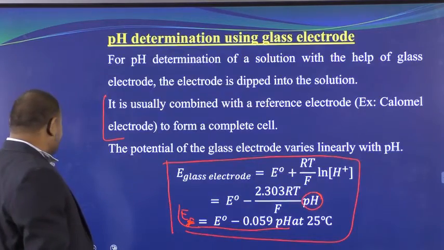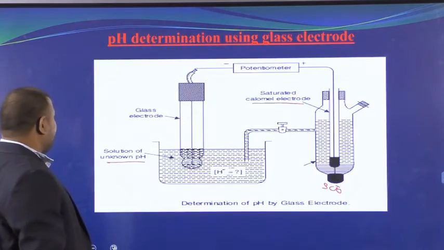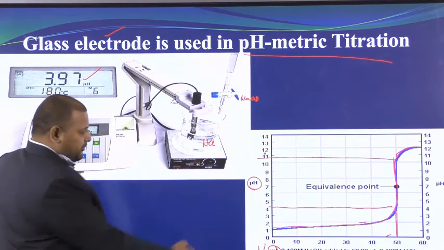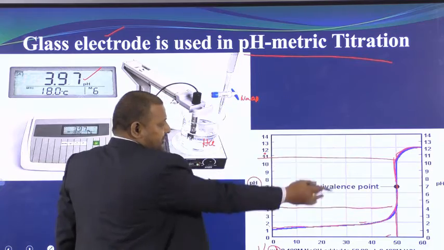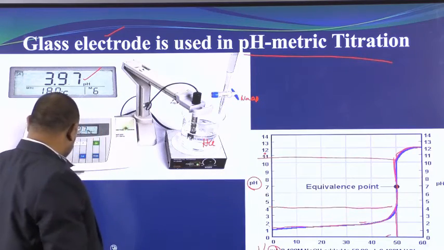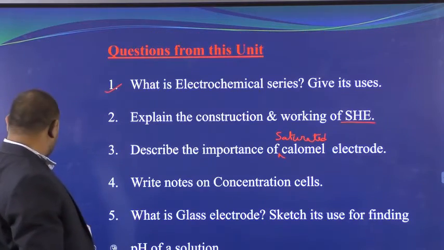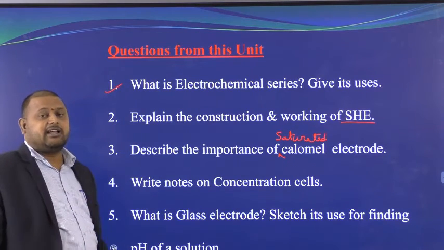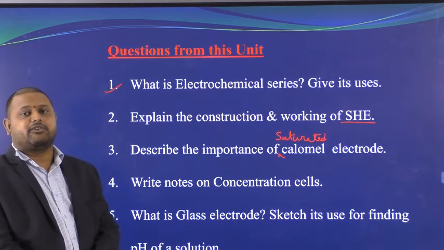That is the reason why I have shown you both. This is our lab part. In the lab we will be using this experimental setup, but the procedure is the same. By plotting this we will be getting it. So you should be drawing this diagram. These are the five important questions generally asked from an examination point of view.